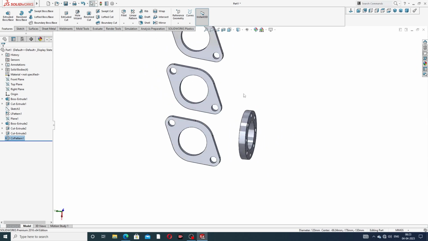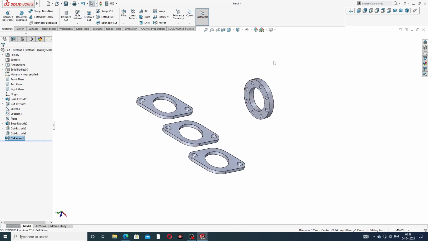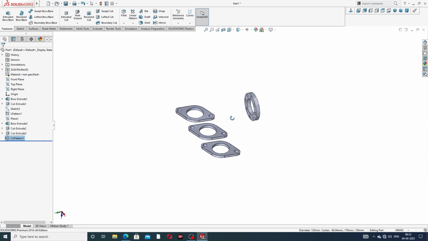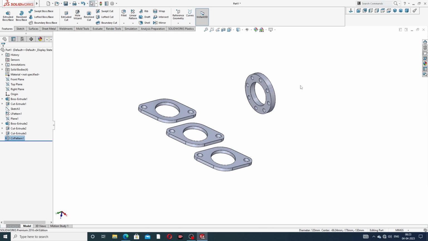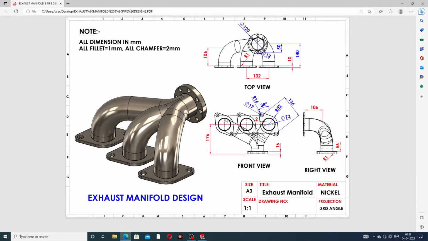Okay, this is perfect. All is perfect, but some points are very important to discuss here. Next is drawing a pipe to connect this body to this. This is very important, and this distance is 106